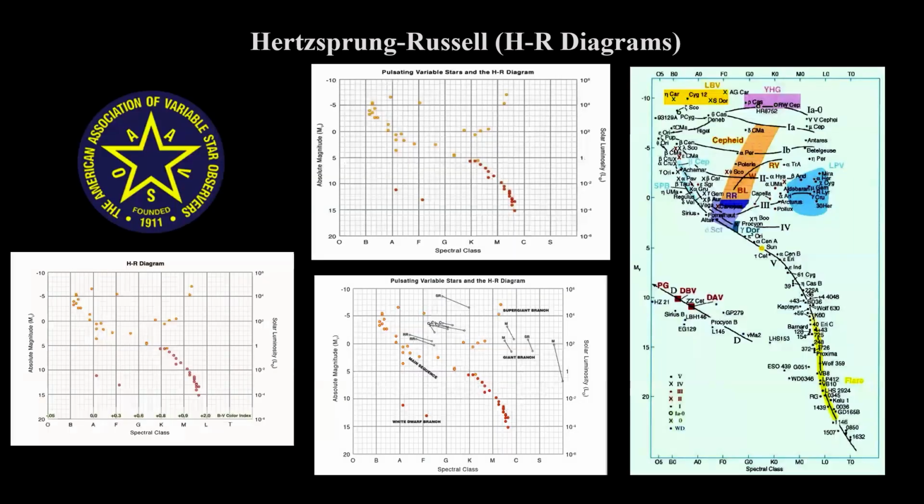This slide shows, again, that different HR diagrams can have stellar classes besides the ones that you usually see. The graph on the right is an interesting diagram and shows where stars in different stages of evolution are located. The diagram on the top in the middle was produced for the plotting pulsating variable stars on the HR diagram activity. The answer key below it shows how variable some of these pulsators can be as they transition from one branch to another. This activity is posted on the Chandra and the AAVSO websites.